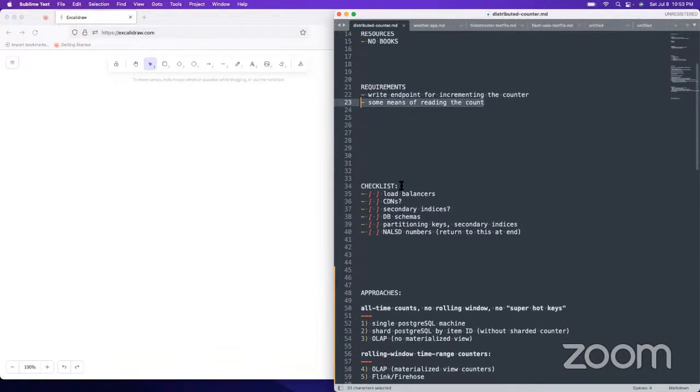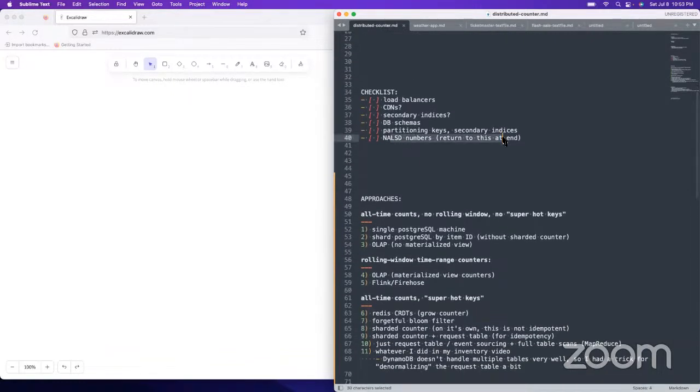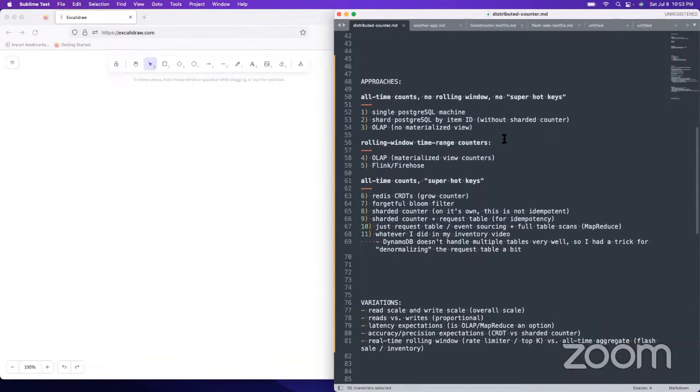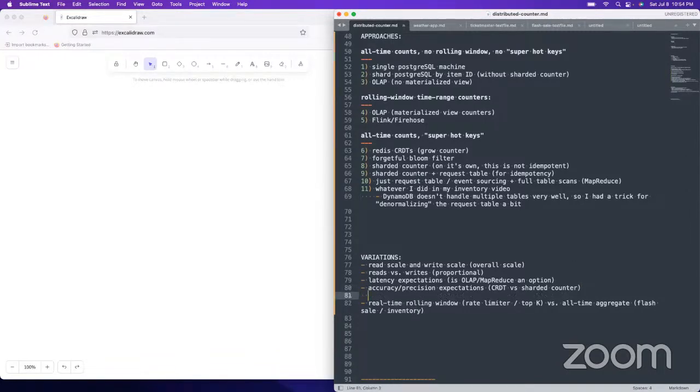Here's our checklist. There's almost no way I'm going to get around to everything on that. There's no way I can get around to NALSD estimates on this. I think I had another thing on the tip of my tongue for how to do variations. Oh, idempotency. That's kind of a subpart of accuracy or precision expectations.